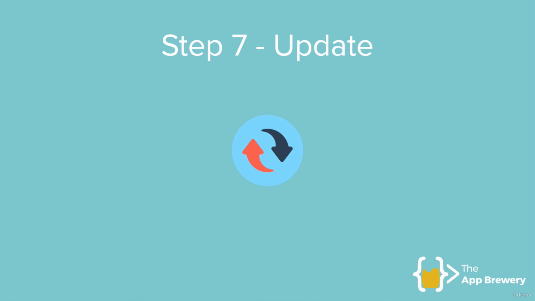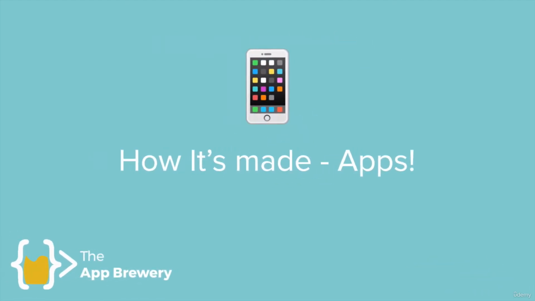Now, finally, step 7. As with all great things, you need continuous feedback and continuous improvement. So when your app is live on the App Store, you'll start getting reviews of people who want to request other features, or they have suggestions, and you can take some of those on board and update and refresh your app and continuously improve your user's experience. So that's a very quick and broad overview of how apps are made from beginning to end.